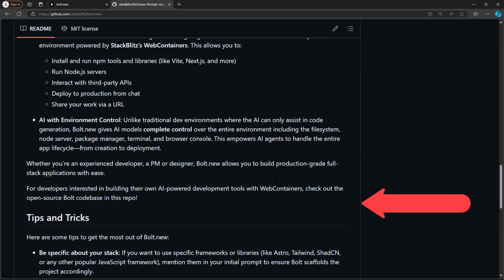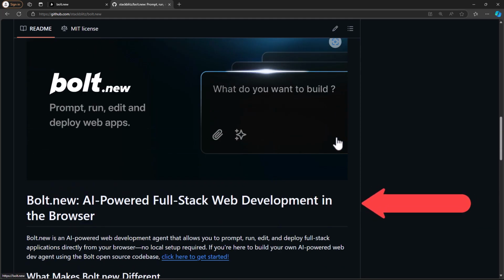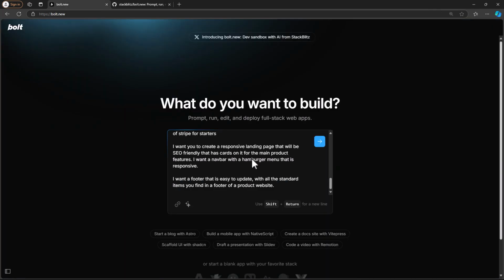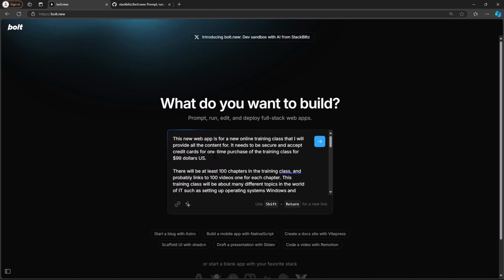So there was a quick overview of Bolt.new. Now let's go ahead and get started and build an application iteratively with it. Alright, so I typed in a very large prompt here. I didn't want to record that. It would be too boring, but basically I'm